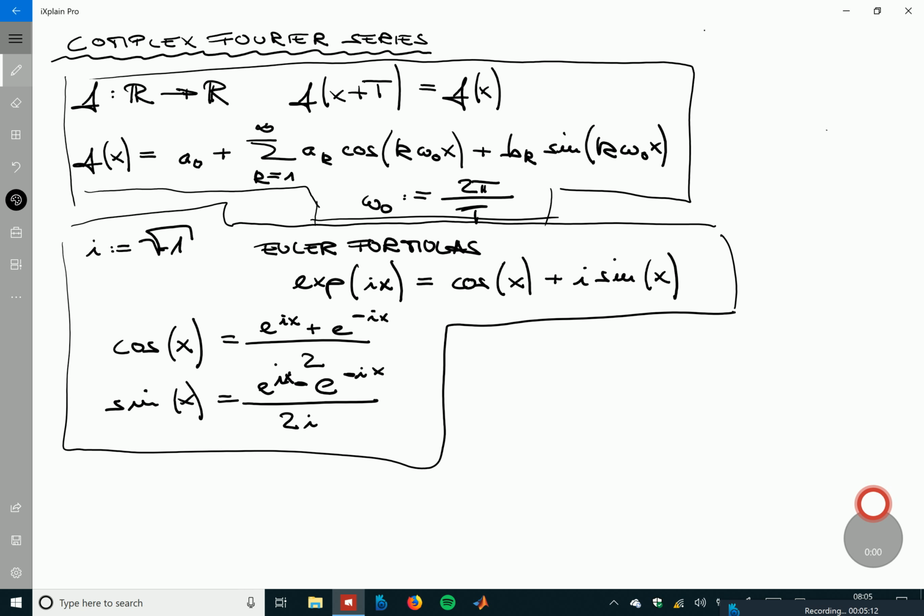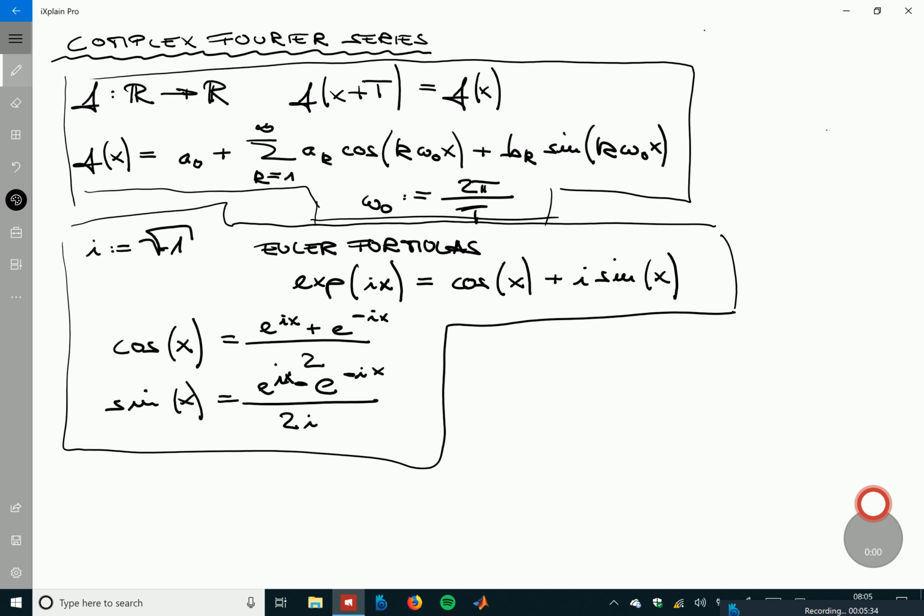Is there anything left that is open? Yeah, one question regarding the omega. It's 2 pi divided by T, but in the context of cosine and sine, T would be 2 pi, wouldn't it? So wouldn't omega be 1? Yes, but